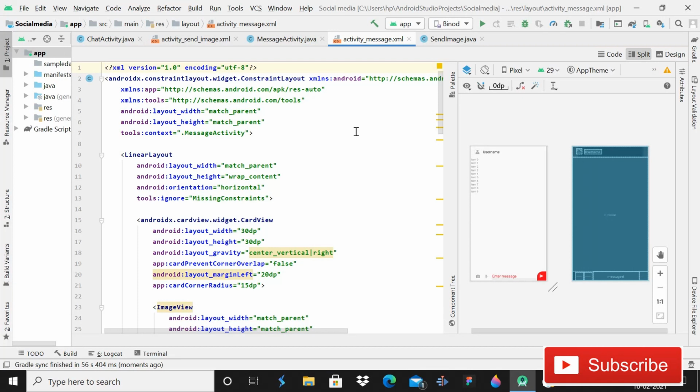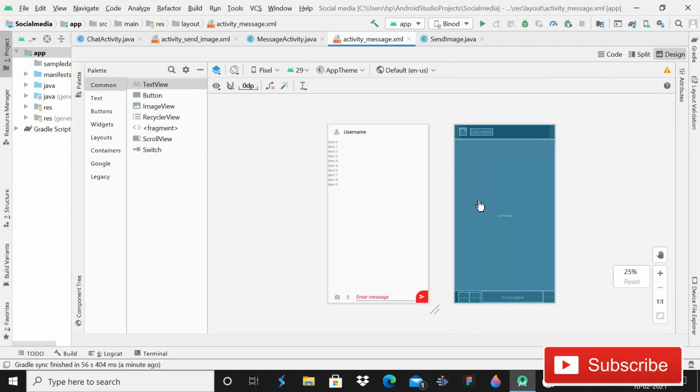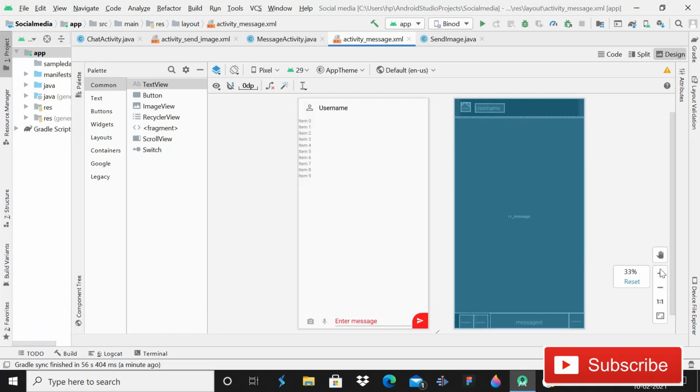As you can see, the Gradle sync is now successfully done. In the previous tutorial there was some problem: when you run the app, you will see that these icons are not at the exact place. Here you can do one more thing, and that is a very simple process.